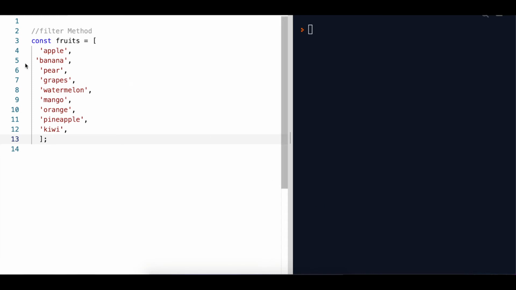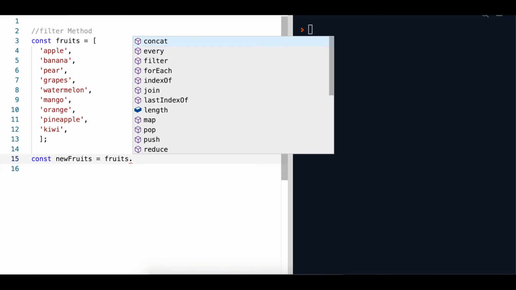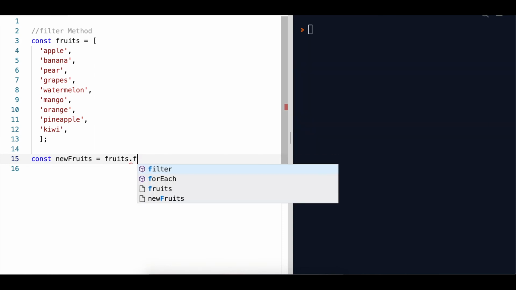So this is the list of fruits that we have: apple, banana, pear, grapes, watermelon, mango, orange, pineapple and kiwi. I've removed those cute small icons because that would be a little confusing when we write the code. Okay, so we have to declare a new array where, if the condition is true, those elements will go into that new array. So let's say I have a new array, newFruits, and I am binding my filter method to my old fruits array, fruits.filter,